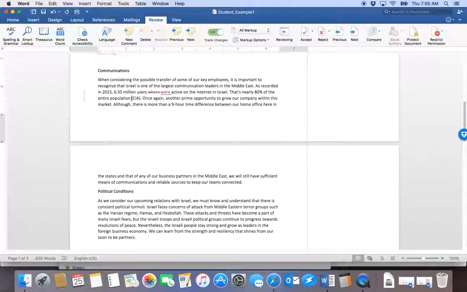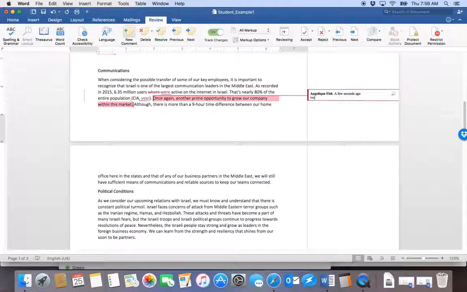Space. So here's that first one that he said was 2001, but again, I would say check the year, but the year should be here. Once again, another prime opportunity to grow our company within this market. Okay, that is technically an incomplete sentence, and I'm just going to note that real quick. That could be easily fixed by joining it on to the previous sentence because that's what it relates to. So you could say, that's nearly 80% of the entire population, comma, providing another prime opportunity to grow a